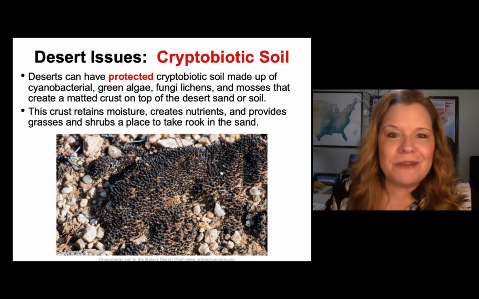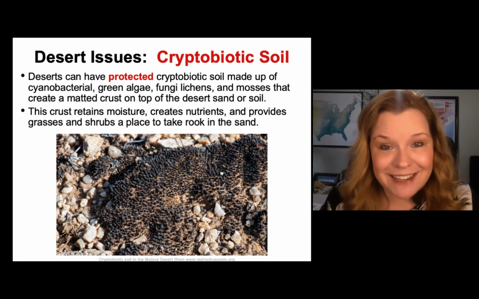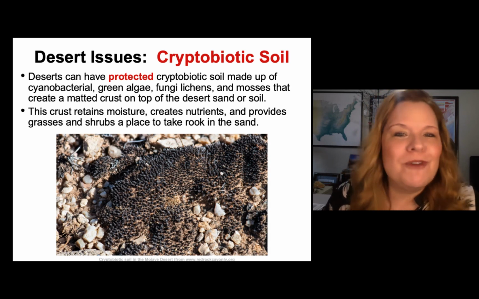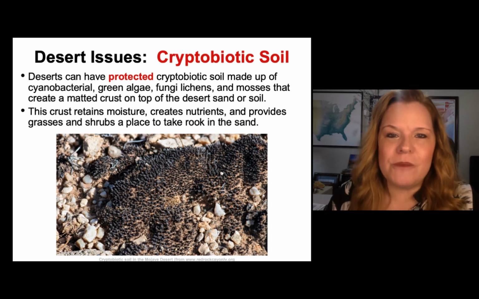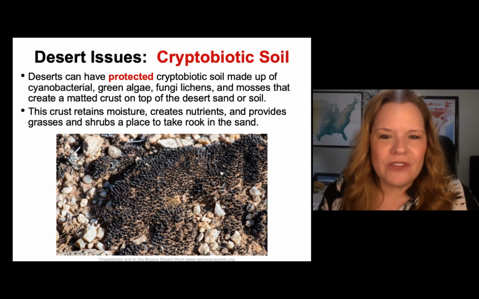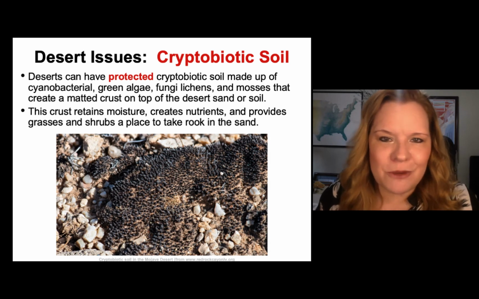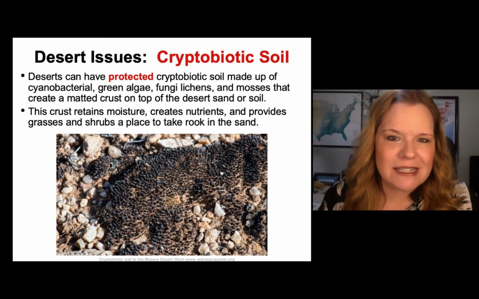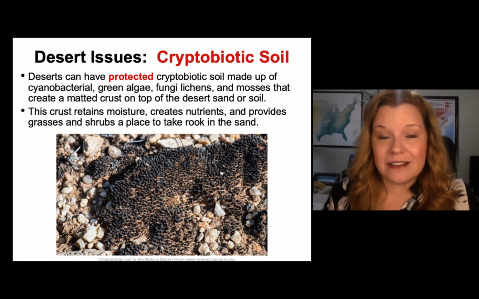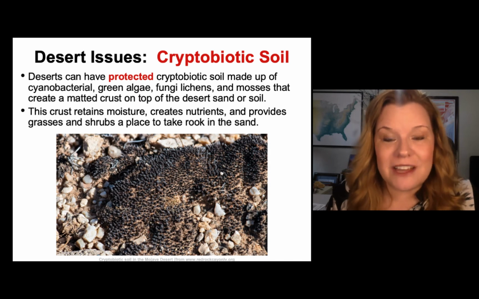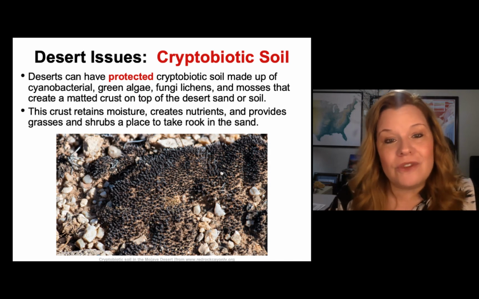I wanted to talk about something you may not know, which is cryptobiotic soil. Like, what the heck is that? Cryptobiotic soil is protected soil in the desert. So you may see areas that kind of get roped off in a national park. Deserts have soil that's made up of cyanobacteria, green algae, lichens, things of that nature, mosses, and they take decades to make. So they make this kind of crust on top of the soil, if there's any in the desert, and they're actually producing a healthy soil.